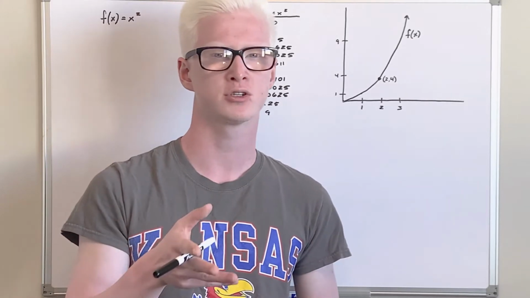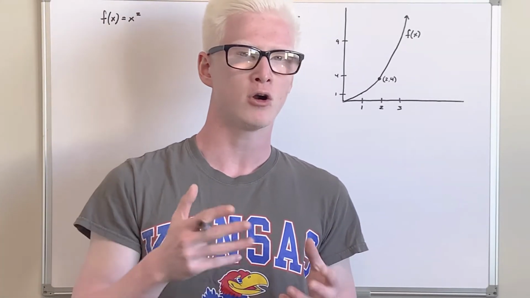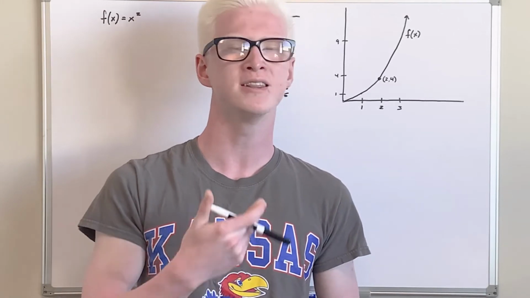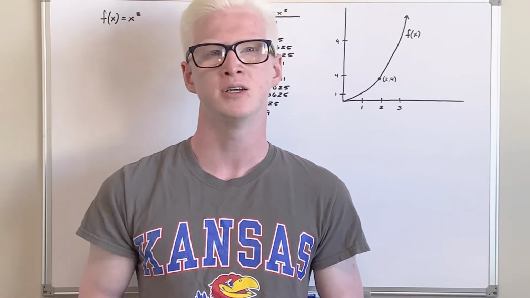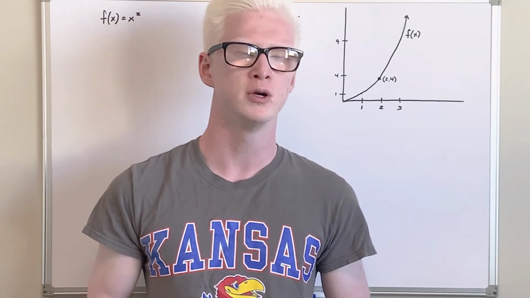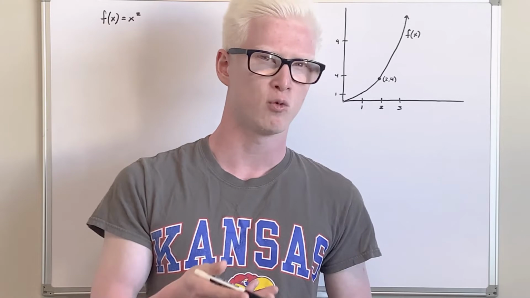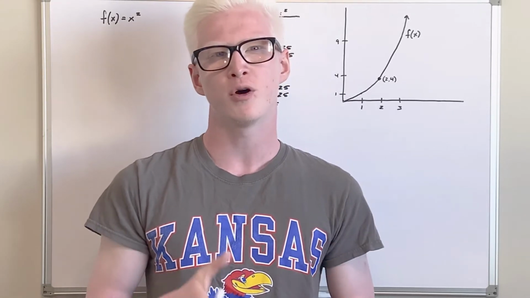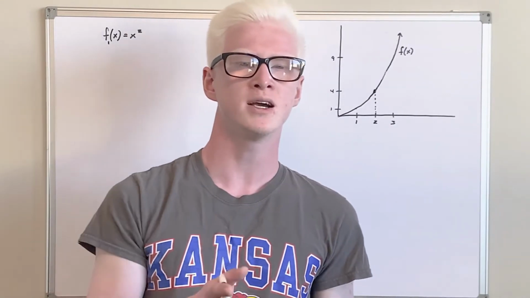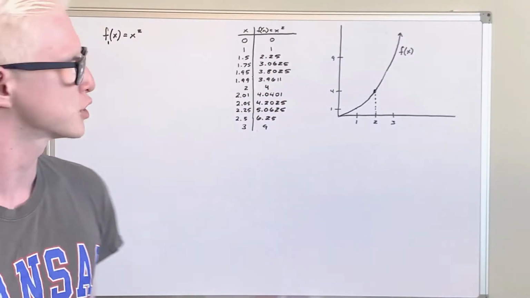Because there are some functions that we deal with that aren't defined at a certain point, but we can confidently say what the limit as it approaches x is equal to. So the limit allows us to do that in a mathematically sound way, even though we don't know what happens at the specific value. Okay, to see how limits work, let's consider the function f of x